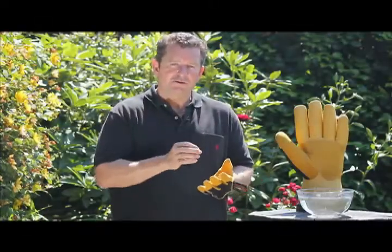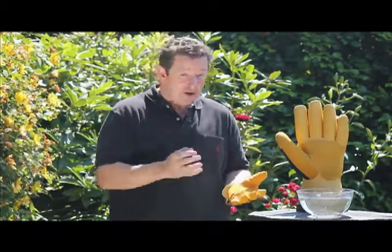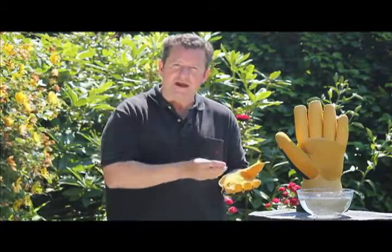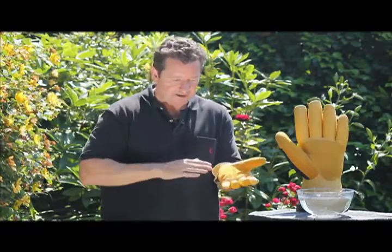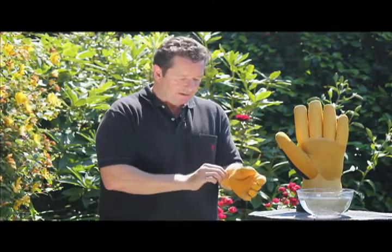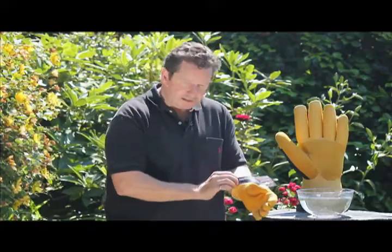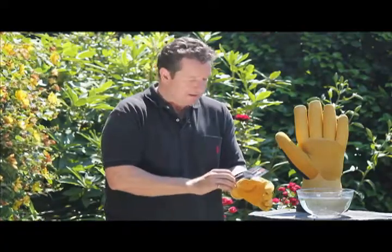Now I would like to introduce you to our Winter Touch gardening glove. Now the name kind of gives this one away. Again, this glove is made from a very soft, very supple, but very tough and durable deerskin leather with a reinforcement on the palm. It has again a lycra back, but what makes this glove unique is that not only does it offer warmth in the winter by virtue of a Thinsulate insulation, which protects the hand from the cold, but the true benefit